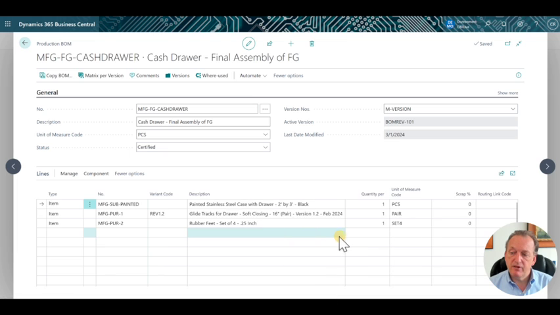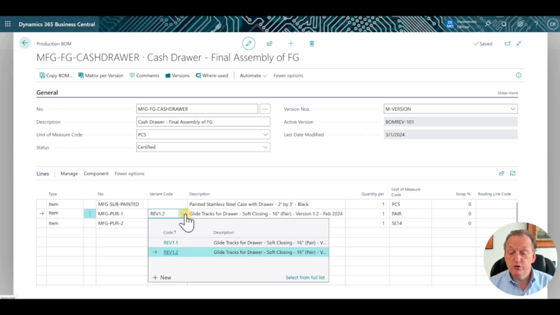So in my example that I'm going through here, I'm using a glide track to connect the drawer to the case. And this glide track has experienced a change in design over its lifetime. And in here, I've configured the ability to use multiple revisions. So as you can see here, I have glide track version 1.1 and revision 1.2. And my current, today's bill of material is calling for 1.2, but I had previous versions of it that had